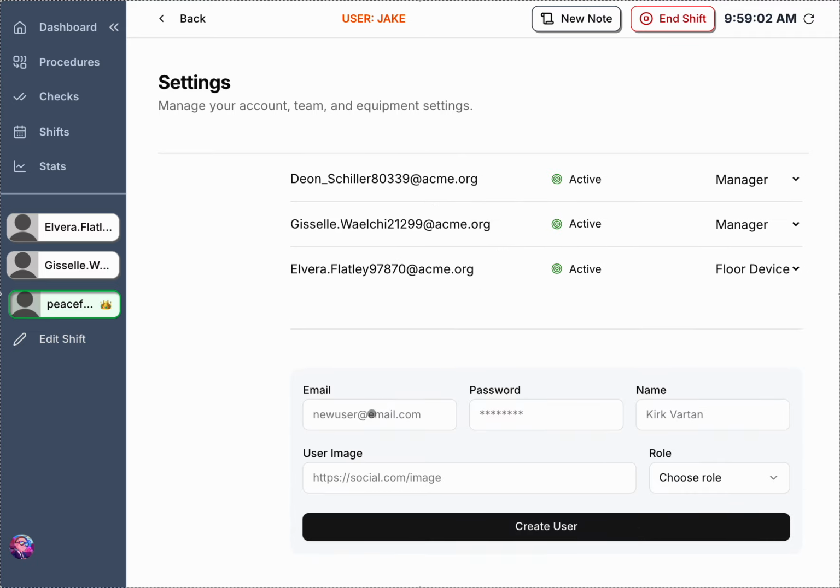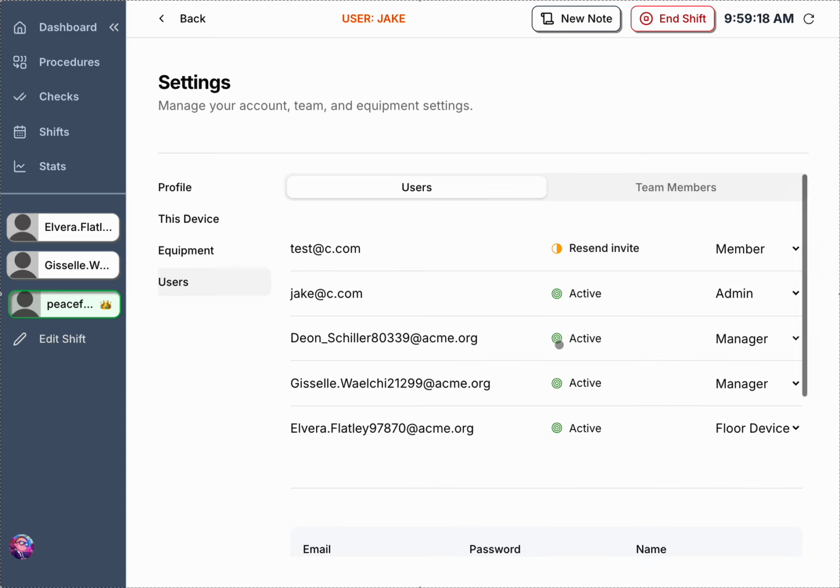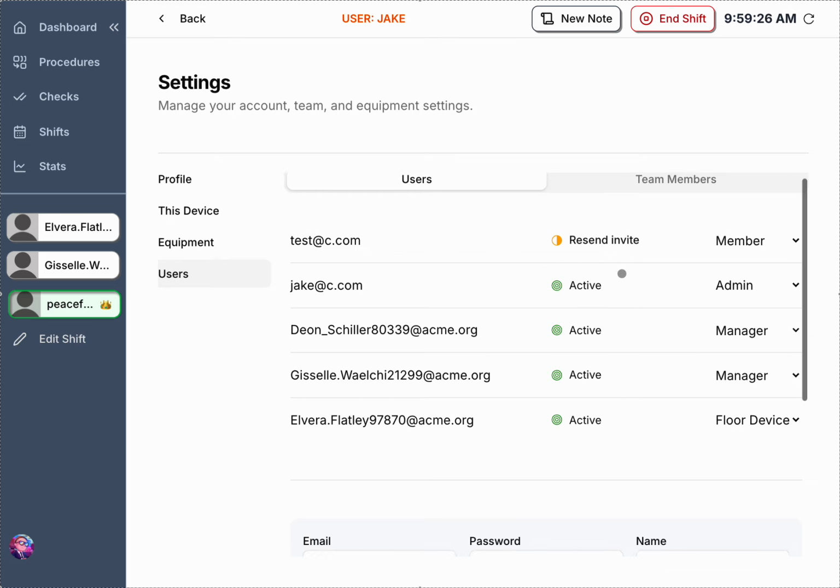And you can add somebody just by typing in their email address, give them a password or a temporary password, their name. You can paste in a link to an image that you want them to have, at least to start. Of course, they can change that. And then you select the role and click Create User. When you do that, you'll get a line that pops up like this, right? So we've sent this person, test, an invite,